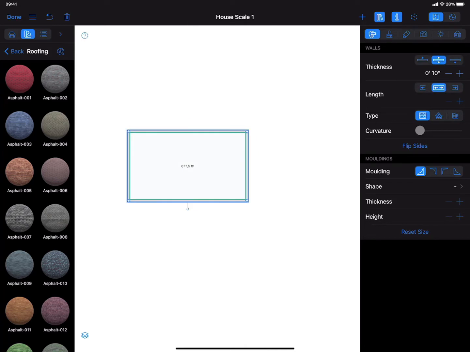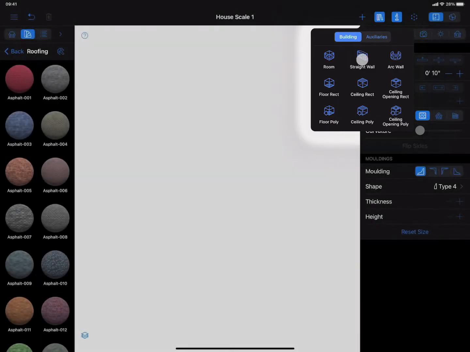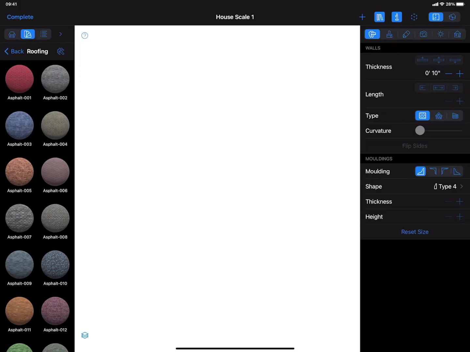Straight wall and arc wall tools are necessary for making more complicated projects. Say if a room is not really square and has an arc wall, then here is how we may draw it. Activate the straight wall by tapping on its button in the popover. Tap on the floor plan and drag the finger to start drawing. Move your finger off the screen to specify the end of the wall.